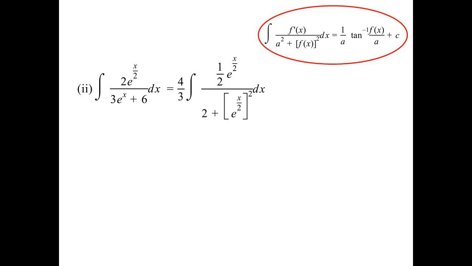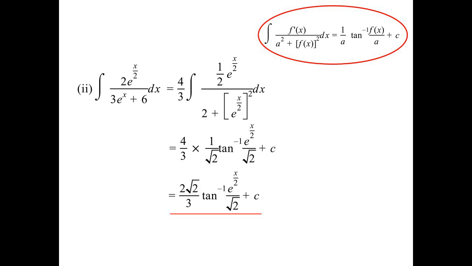We'll end up with 4/3 times a half e to the x on 2, which is the derivative of e to the x on 2, and I now have it in that inverse tan form. So we get 4/3 times 1 on a, in this case a is the square root of 2, inverse tan of the function e to the x on 2 over root 2. And, well, we can tidy that 4/3 one up. So there we go, 2 root 2 on 3, inverse tan of e to the x on 2 over root 2